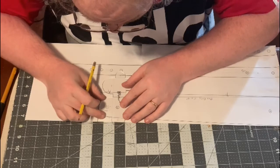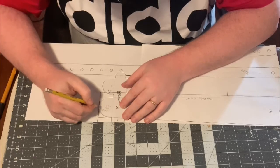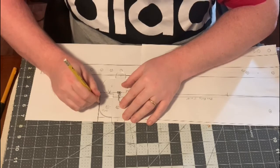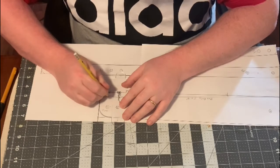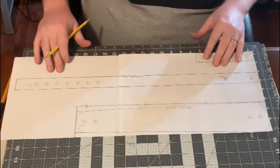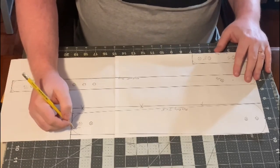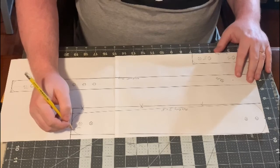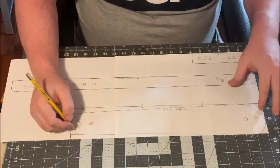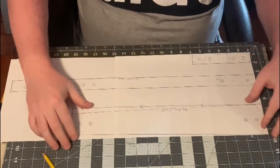So I'll line that up, and once I've got it lined up, touching here, just come back, and I'll draw this in just like that. As you can see, this is just a reminder. For me, it's just good pattern making. If you're going to put in an English point, I would mark that here also. And if you don't have tools for this, another way of doing this would be to take this part